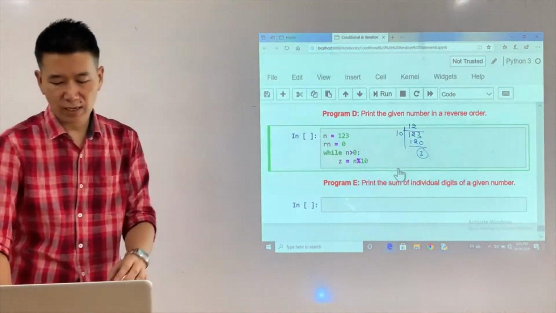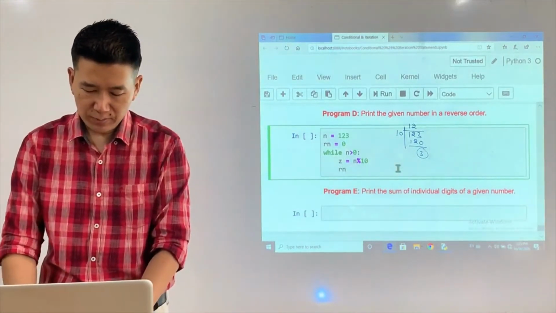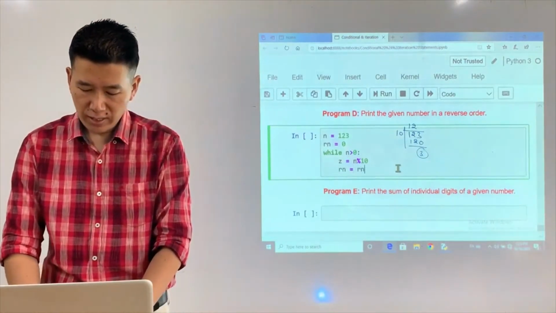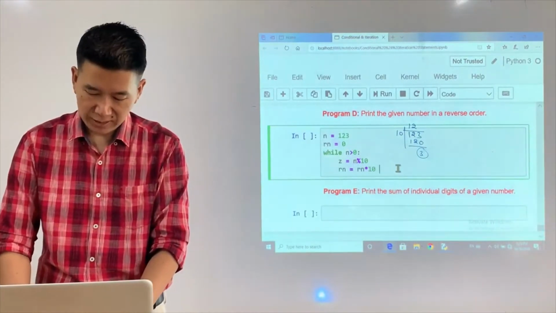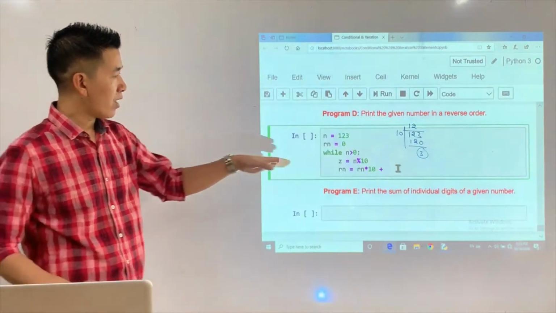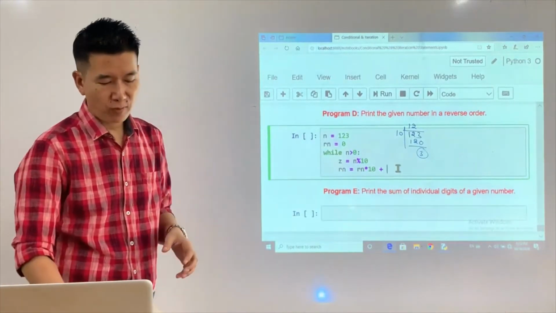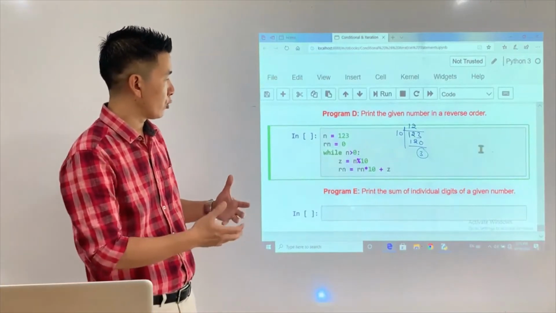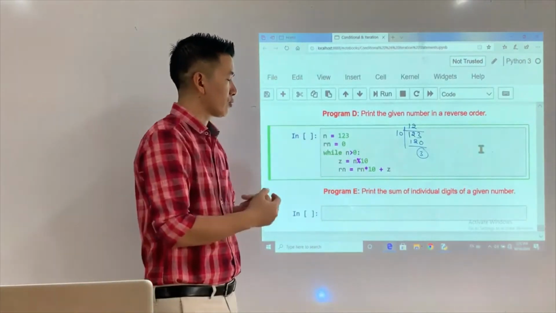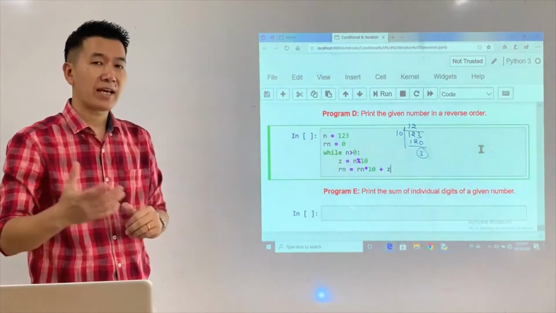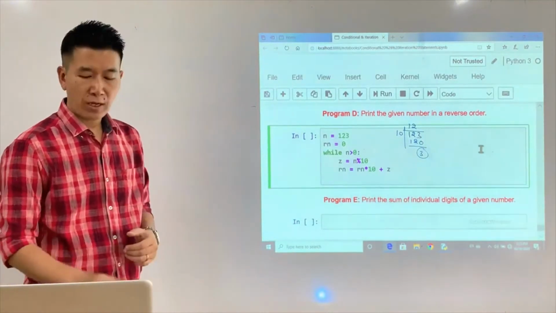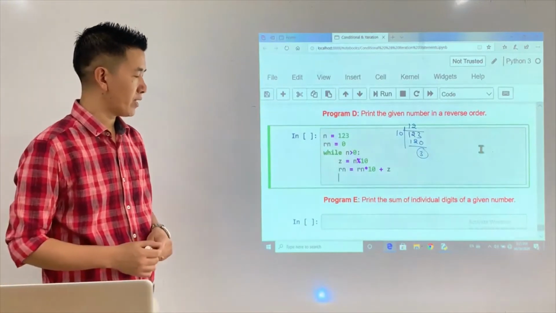So once I have the last digit, I do something like this. Rn equals Rn multiplied by 10, I'll explain. Rn multiplied by 10, and then I write here z. Now the question is, how can you just start writing a statement like this? Again, like I said, it's just a matter of getting used to. And now look at this. What's happening here is,